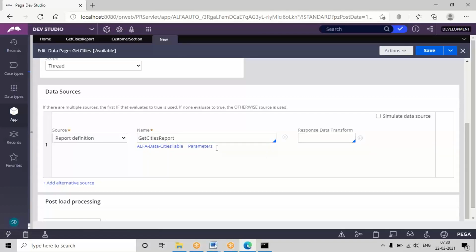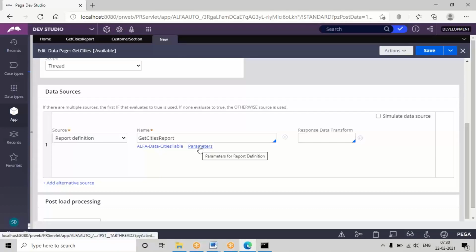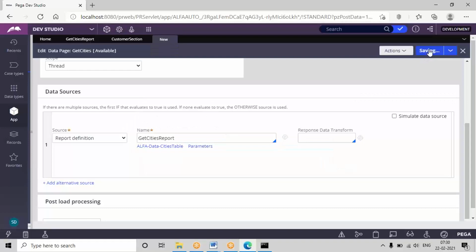Open the parameters link after the report definition name is given, and map both the old and new parameters. In the drop down, select the new parameter defined in this data page. This is compulsory. Map the new value to the old parameter, then click submit and save this data page.